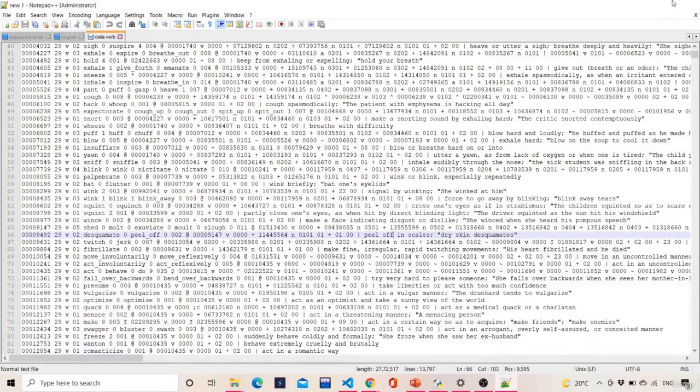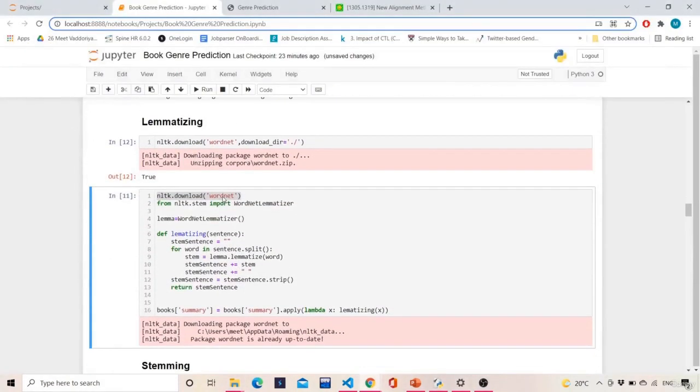Okay, so what lemmatizing will do is skip all the words which give the same kind of meaning, and convert them into a single word. For example, we say running, runs, all those. They all convey the same meaning, right? So it will take a single root word and truncate all the other similar kinds of words. So that is the meaning of lemmatizing.